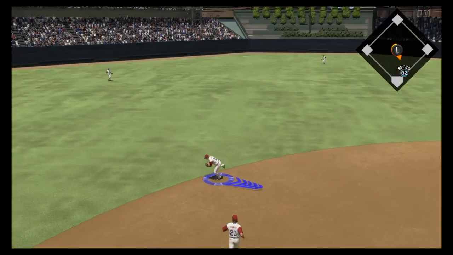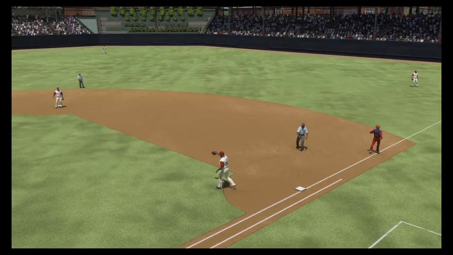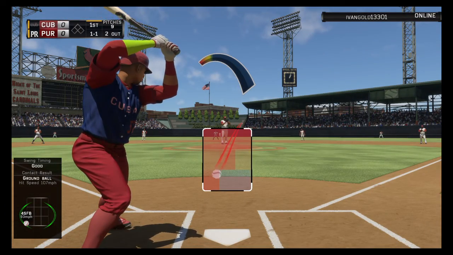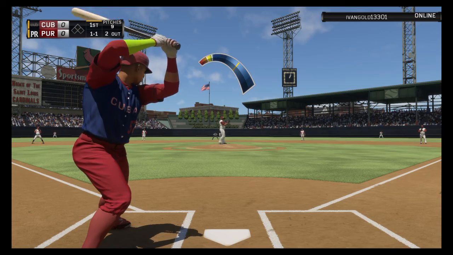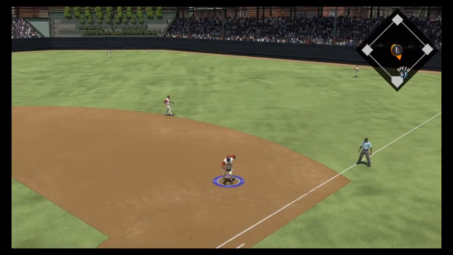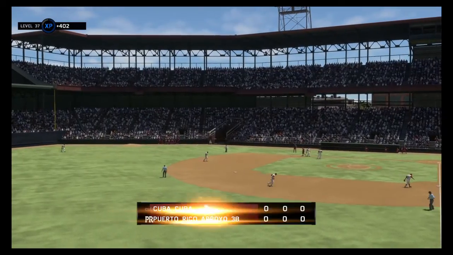Drilled to the left side. Tulowitzki is up with it. Throw on to first is in time, and Sabathia's got himself two quick outs. Yoenis Cespedes gets his first opportunity now in the top of the first with nobody on. Hard hit to first. Ortiz is right there, and Ortiz will just take this one over to first by himself,